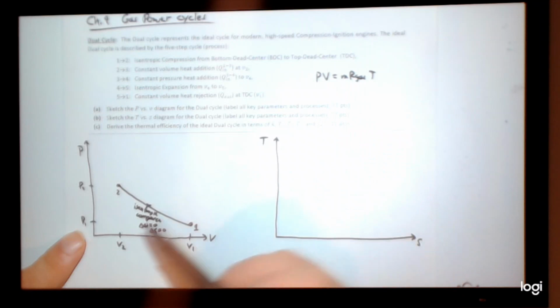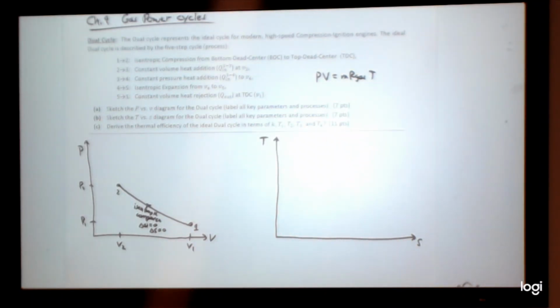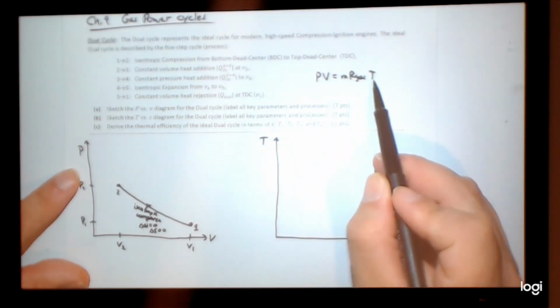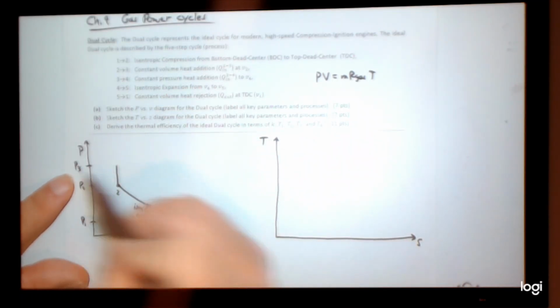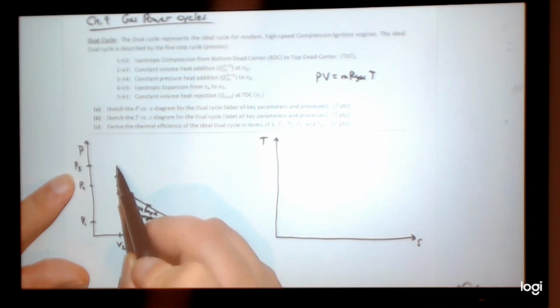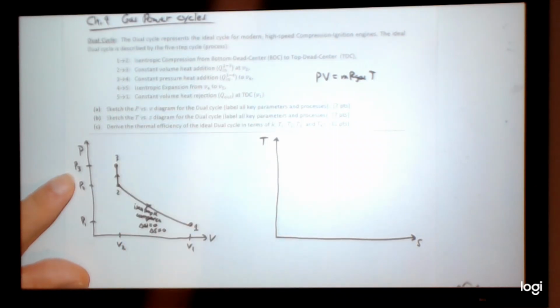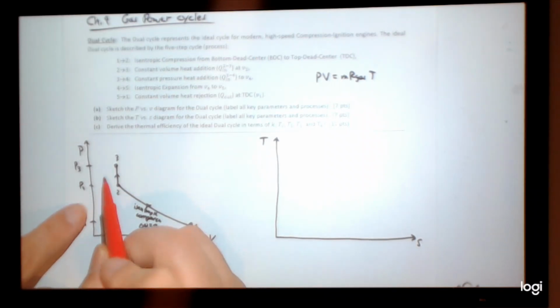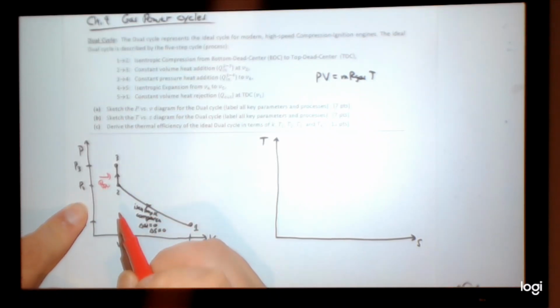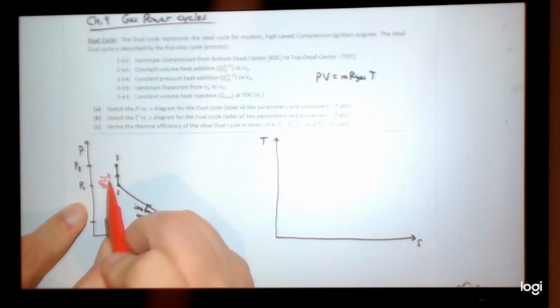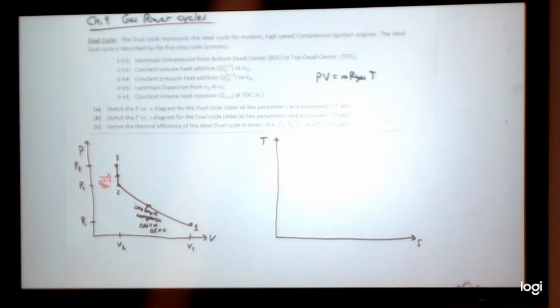And then constant volume heat addition. Well, we just did the boundary problem with the ceramic cup. Heat things up, heat in, right? So heat in, heat addition, T goes up. So we have some constant volume heat addition. So there's some Q in here, and I'm going to put Q in, and then I'm going to put the 2-3 because there's heat in from going from state 1 to